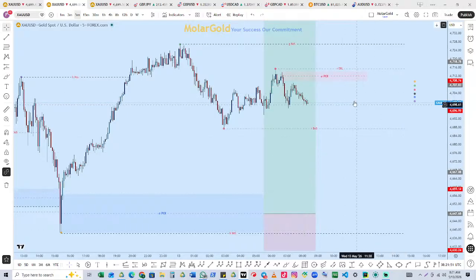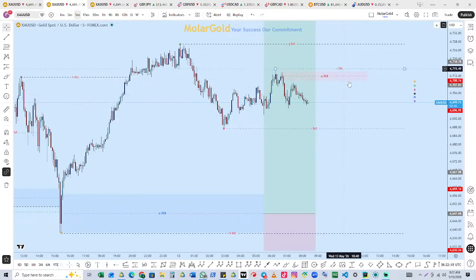So we now understand the concept. We now understand what really is happening, because Elliott Wave has also told us that it's likely we're going to the downside, right? So this is it. Now we can position around here, but we first need to take out the inducement. Where is the inducement? The inducement is right here. So we cannot trade in here if the inducement has not been taken out.